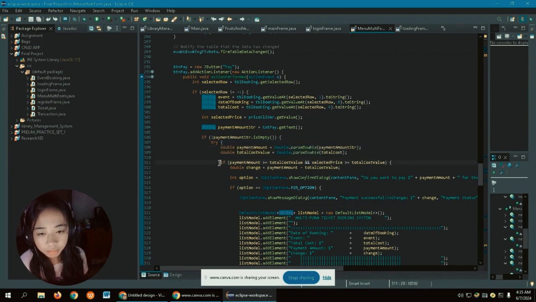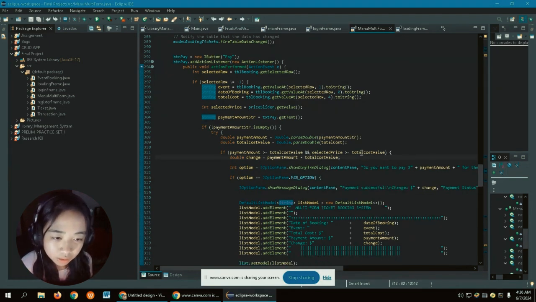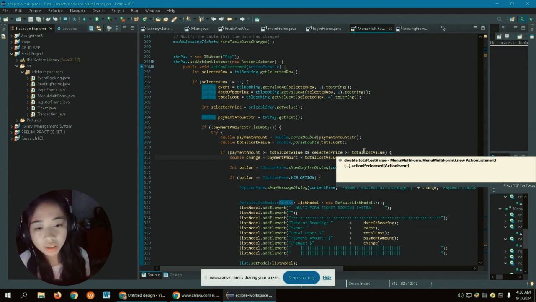So if the payment amount and the total payment amount is greater than or equal to the total cost, and the selected price is greater than or equal to the cost value, it will subtract it, and that value will be held in this double change, or the change of what the user will receive if his or her payment is too much.